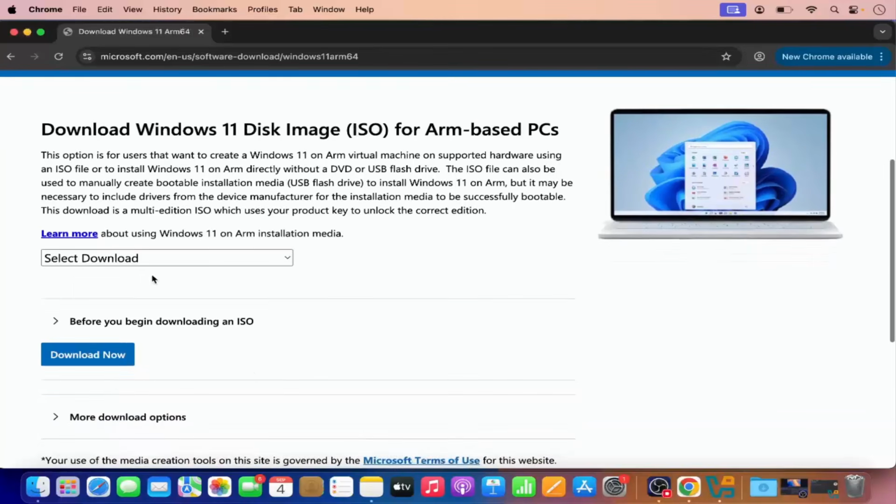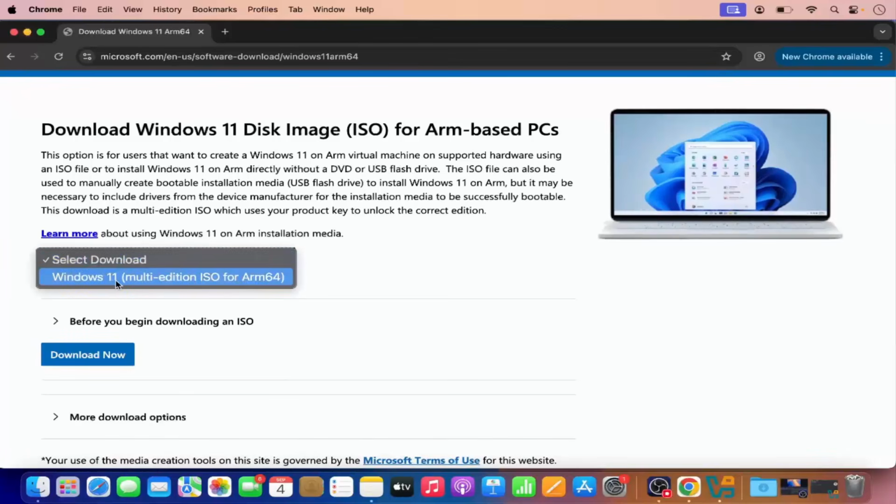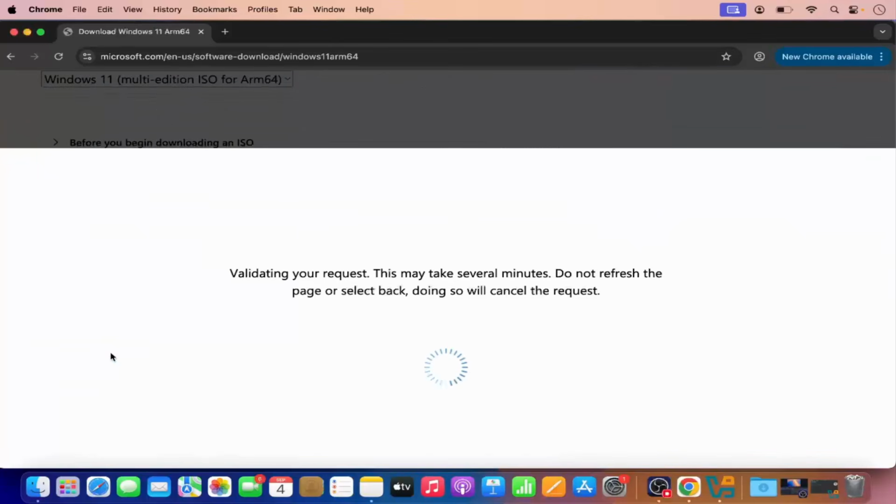Here I'm going to select Windows 11 and you can see Windows 11 multi-edition ISO for ARM 64. So I'm going to just select this option and then click on download now,